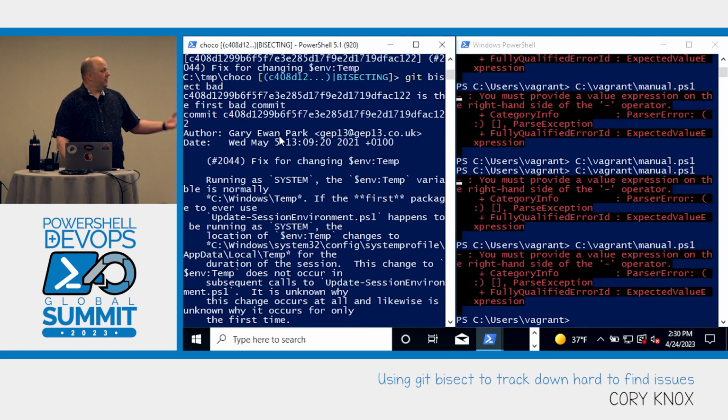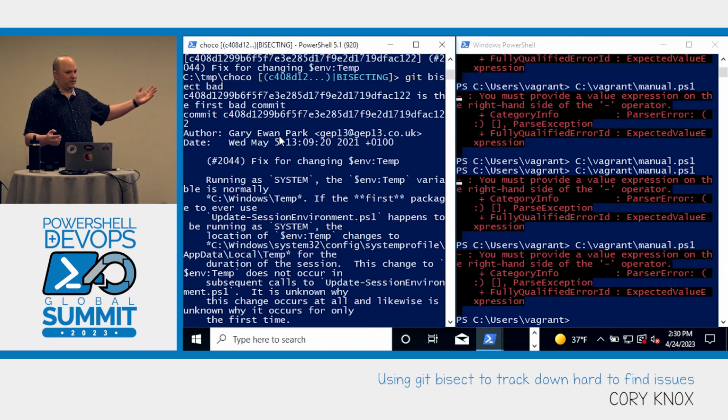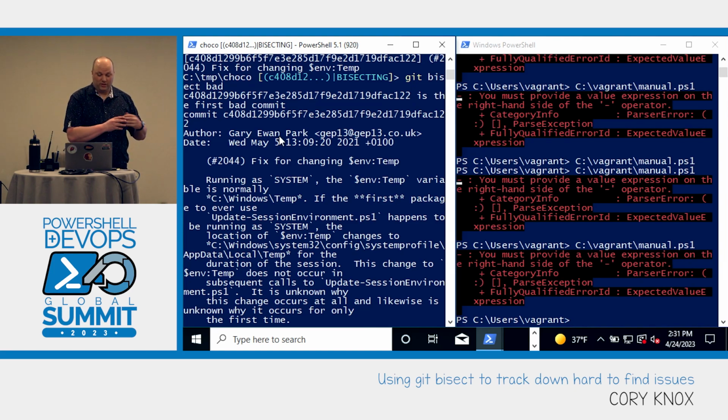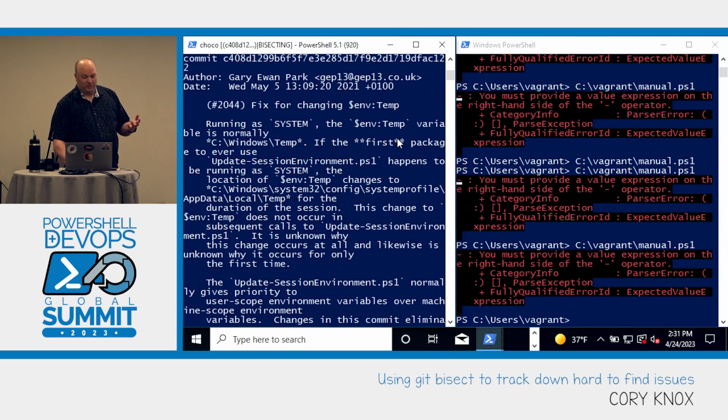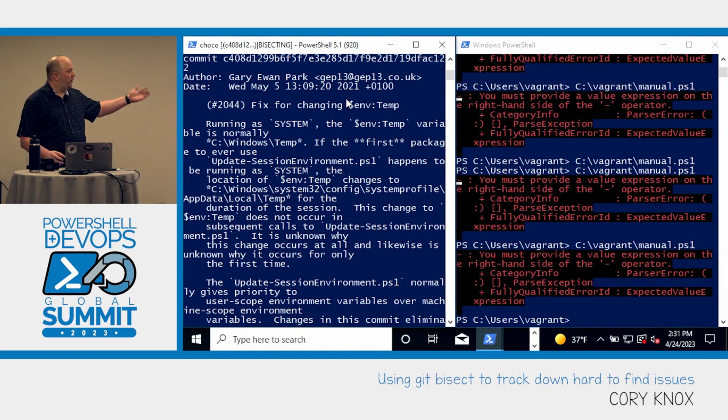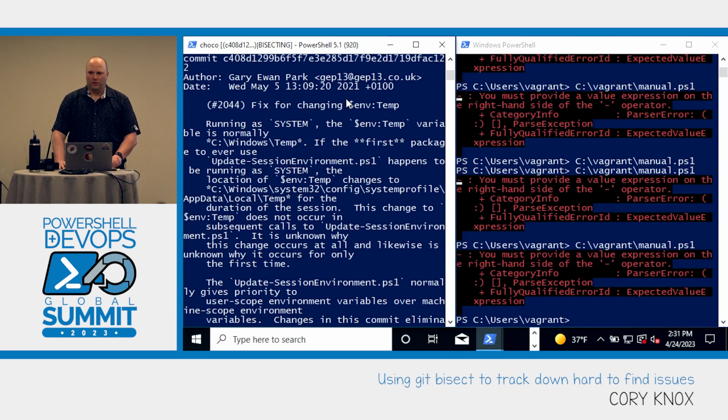The author of it is Gary, and if you've ever been part of our streams or just part of our discussions, you'll know we don't let Gary write PowerShell, and this could very well be a reason why. And you'll notice that this was also introduced in May 2021. And when I was trying to track down this issue, it was, I believe, October or November 2021. So some months